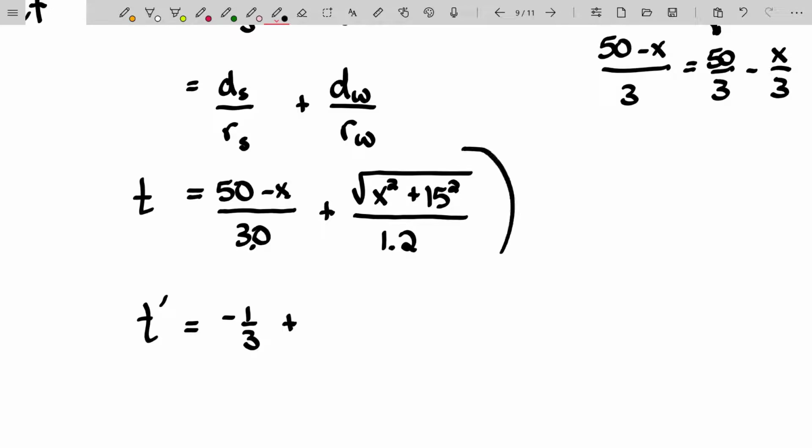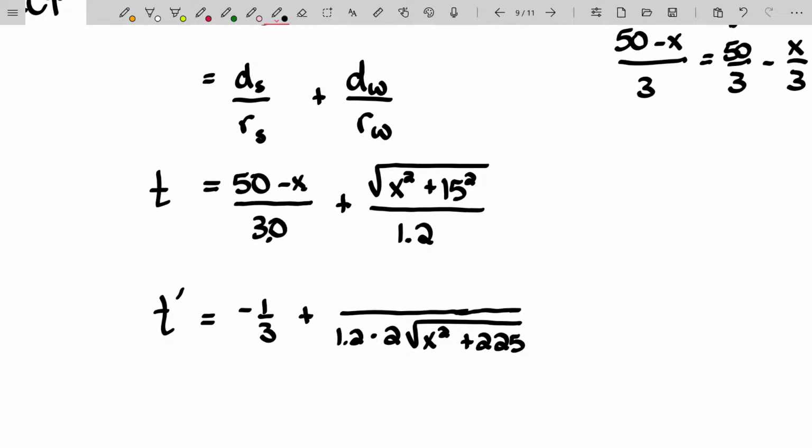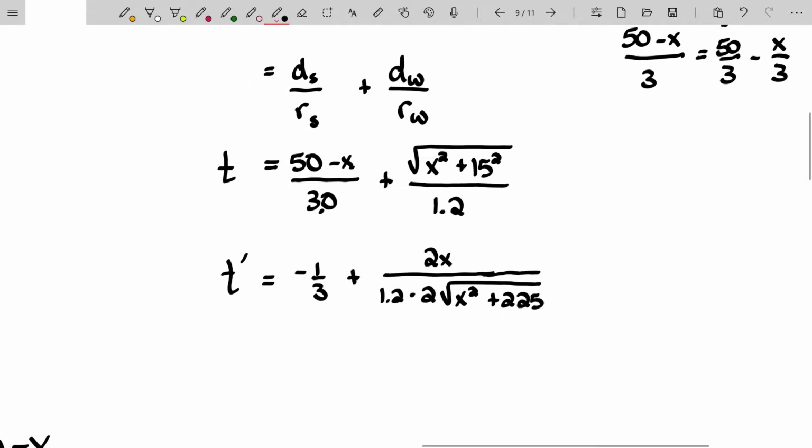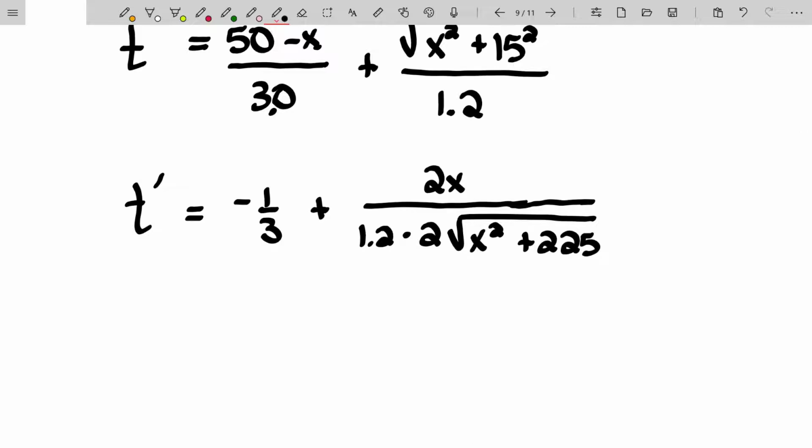It's just a little bit easier to deal with that. Plus, the derivative of this chunk right here is going to be 1 over 2. Well, let me write the 1.2 at least: 1.2 times 2 root x squared plus 225, and then times the derivative of that, x squared plus 225, which is just 2x. That actually is not too terrible, other than the fact that it's got decimals. This t prime is always defined because you don't have division by 0. So we don't have an issue there, but t prime is equal to 0 when,